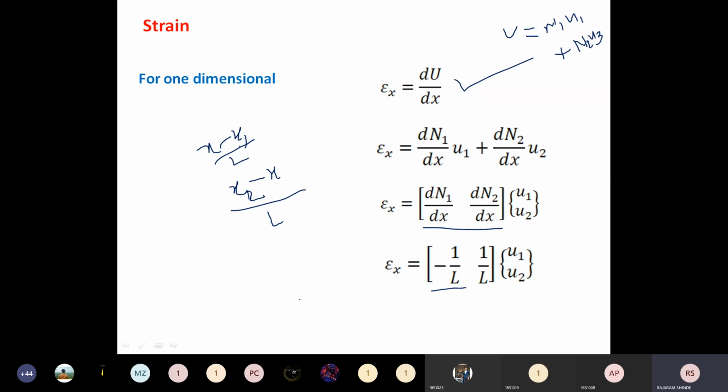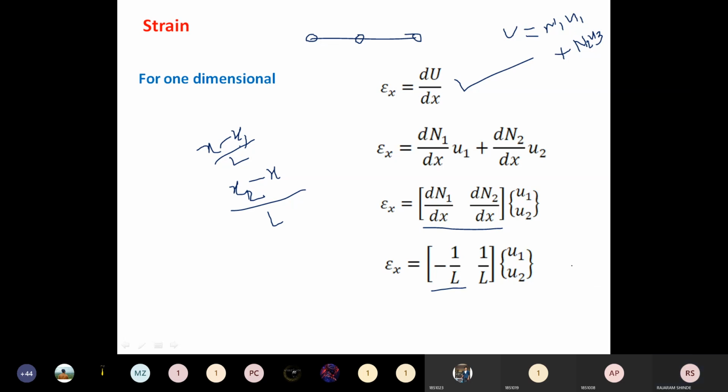Now what I want to say here again is, if we go for the higher order one-dimensional element, the number of shape functions is more. That means if we go for the 3-noded element, which is a quadratic element, then the number of shape functions is 3. That means one more term will be added here, and in this matrix also one more term will be added. Okay, do you agree with this? That we will discuss in the last unit.